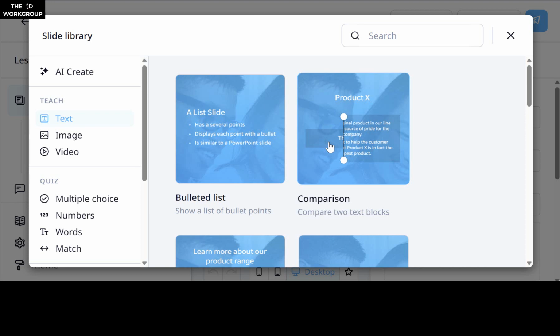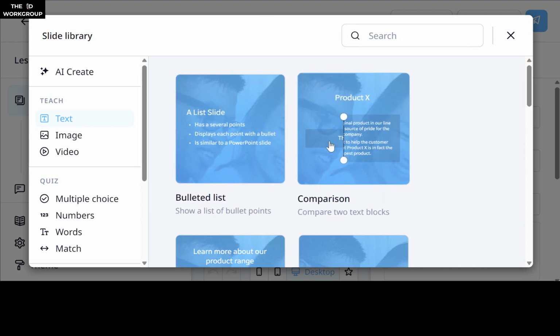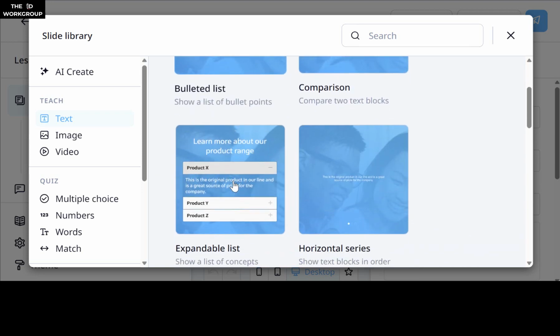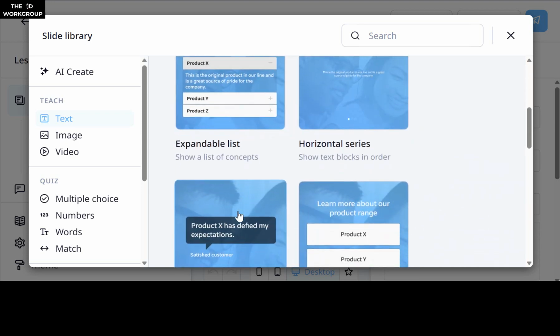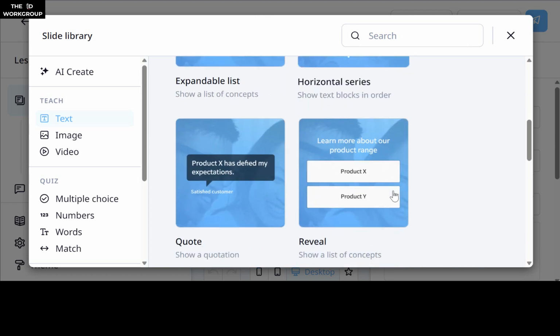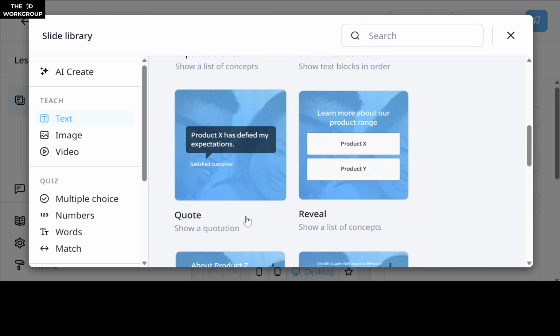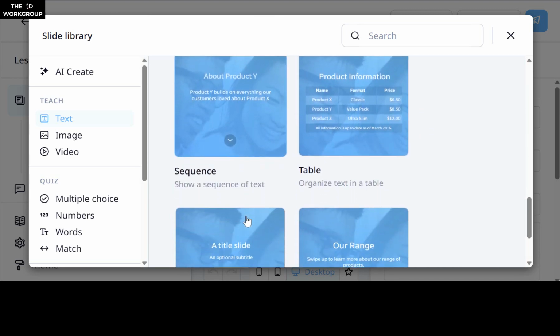So, on here we have a comparison, we have a bulleted list, expandable list, horizontal series, which is where a lot of these things are clickable or touchable, right? And also swipeable. So keep that in mind. Okay, so you have a lot of different interactions here, and this is just for text. Now, when you get the image, boom,